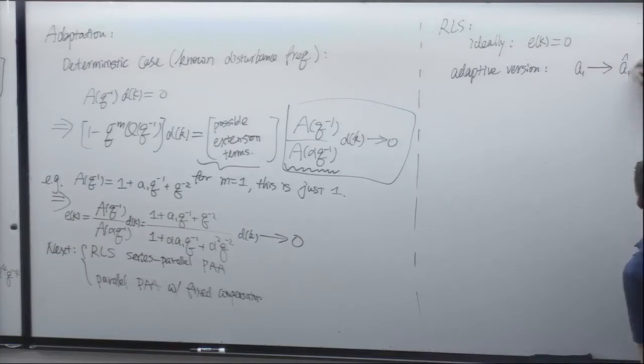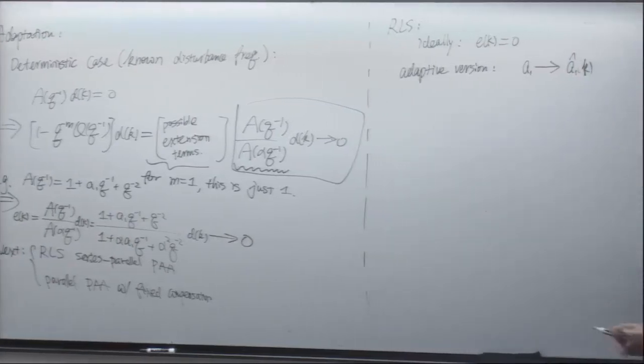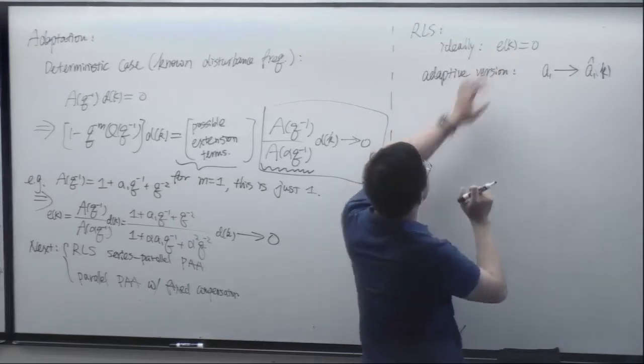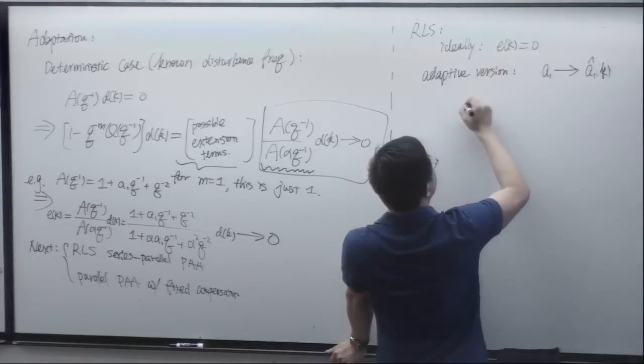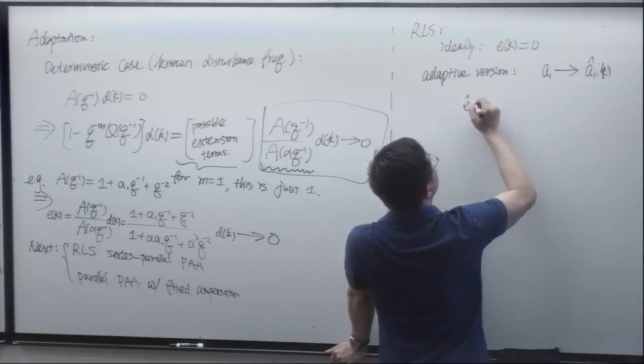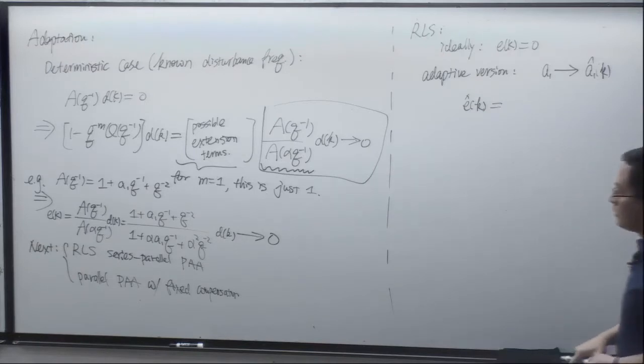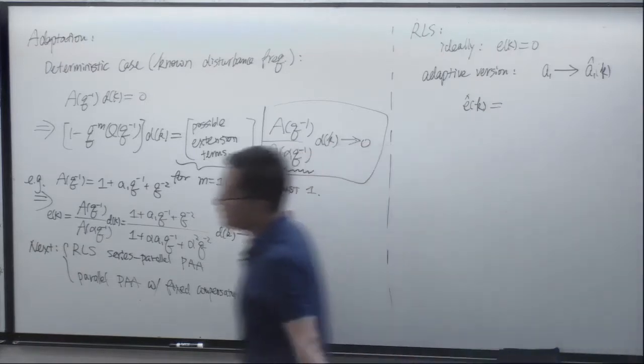We're going to change it to an adaptive version and compare the ideal output with our estimated output. Let's say E hat. Okay, so we're going to design